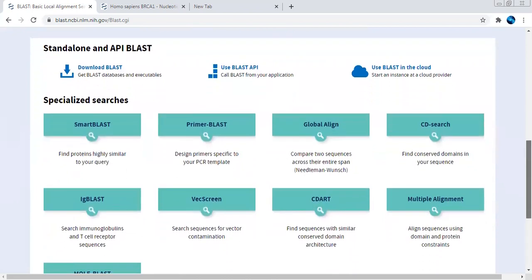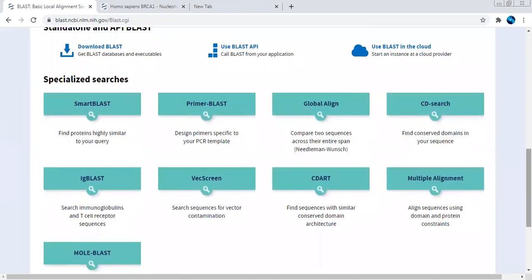And you can see the BLAST option will provide you downloadable options. They have given even more specialized searches, that is SmartBLAST and Primer BLAST if you're working on primer designing.